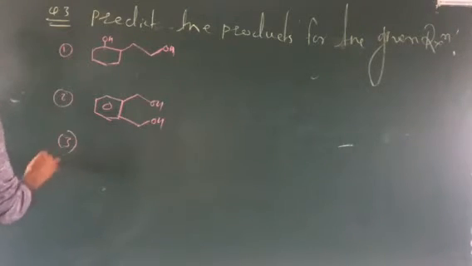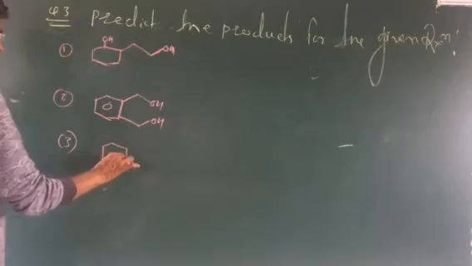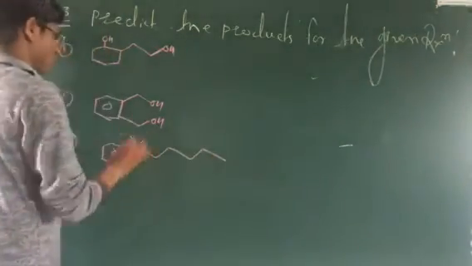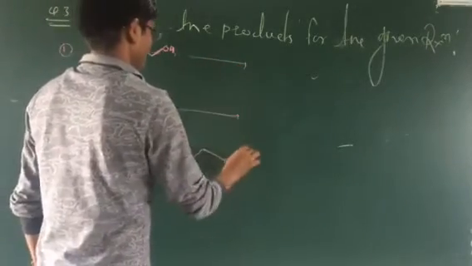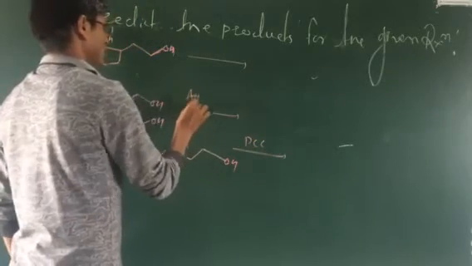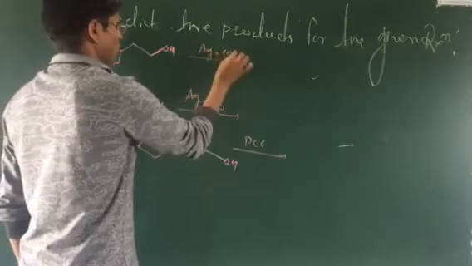The third one you have to give is the preparation of the longest chain hydrocarbons. This is pyridine. The product here is an alcohol. To give on these types of reactions, the reaction conditions you have to give are PCC and Ag2CO3.